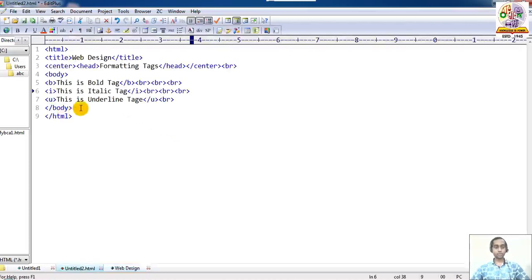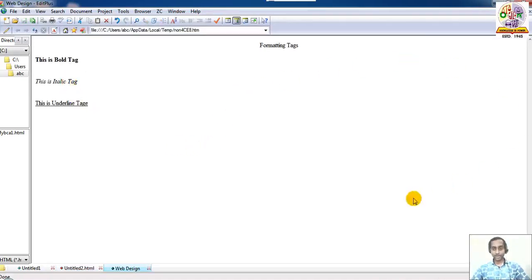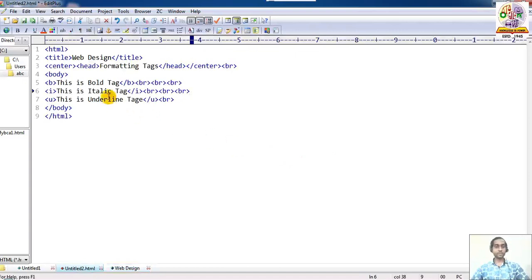Also you have to use color. If I want a color for the background, then simply click on body, use bgcolor equal to, in double quotation marks, you can choose red or something.